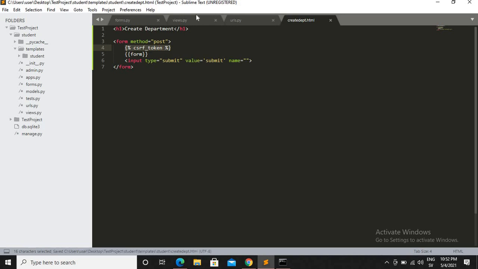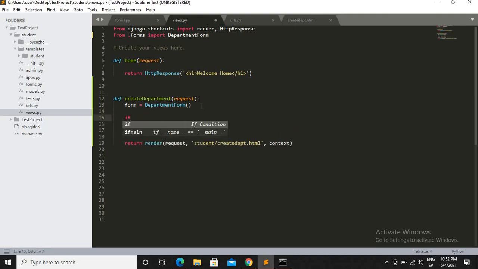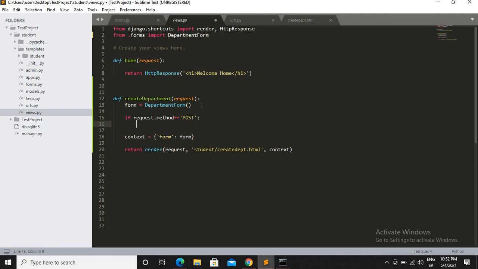Okay, let's go back to the views.py, and then first I check the request method, request.method, post. If the request method is POST, then just call the department form with the requested value, request.POST,